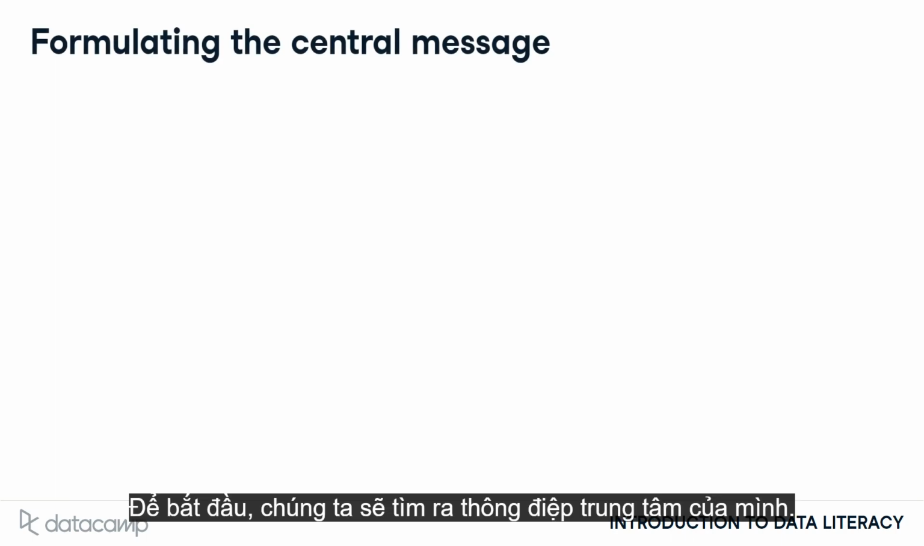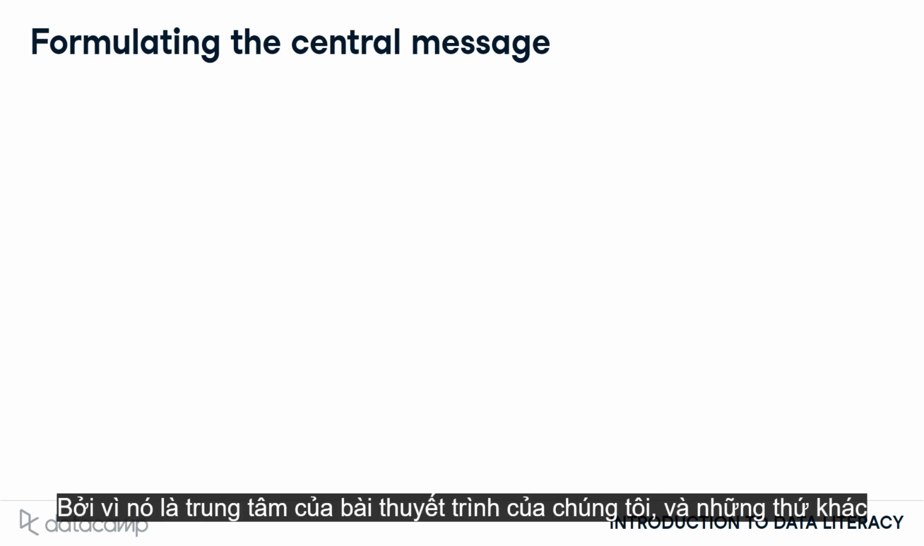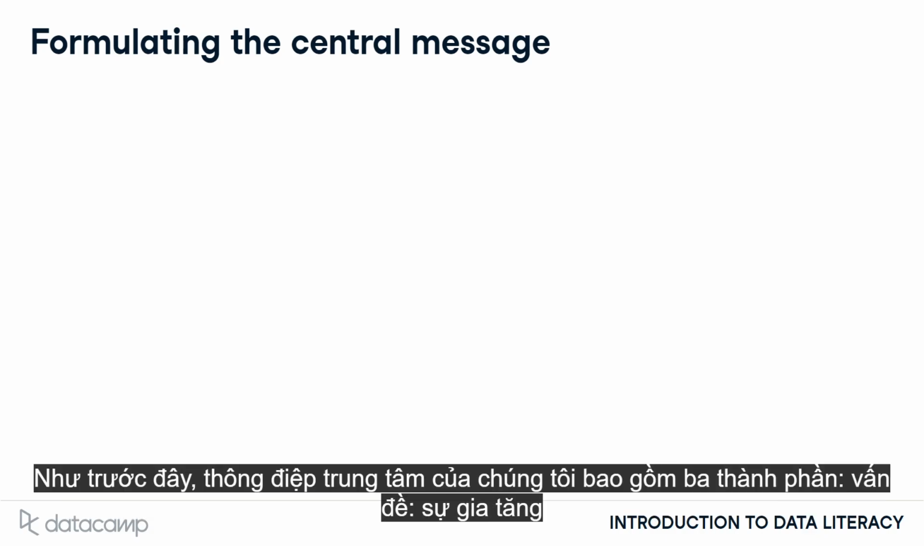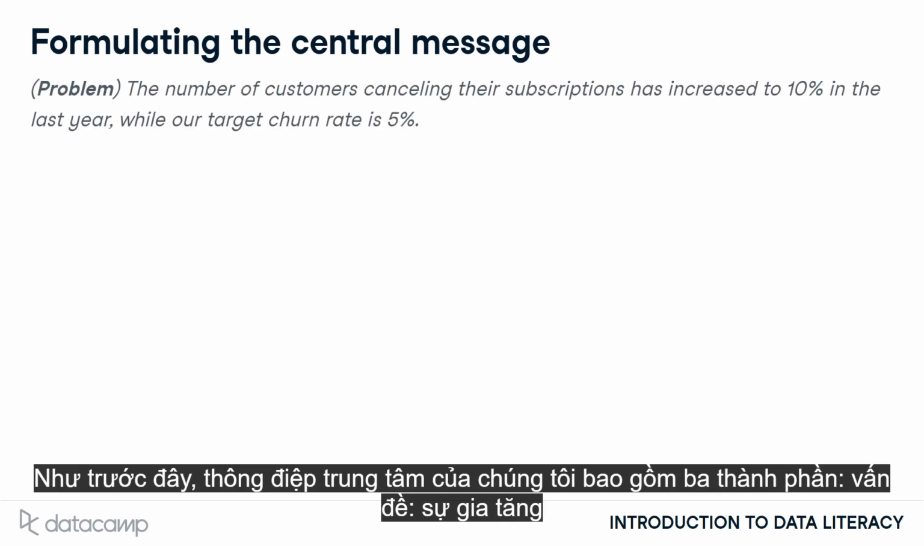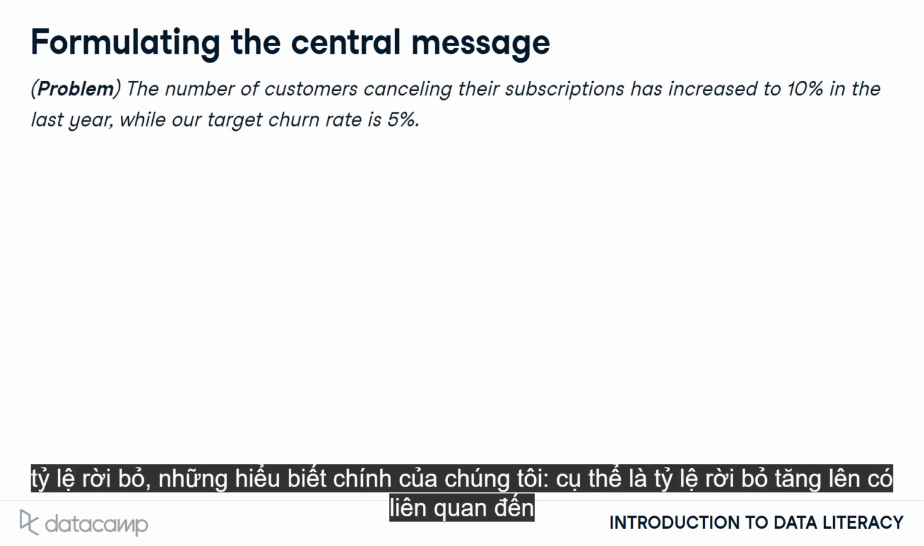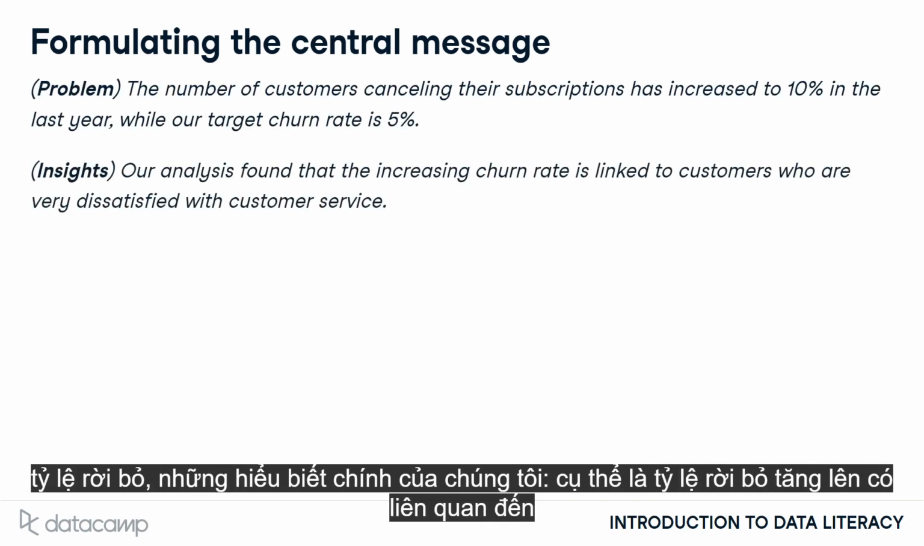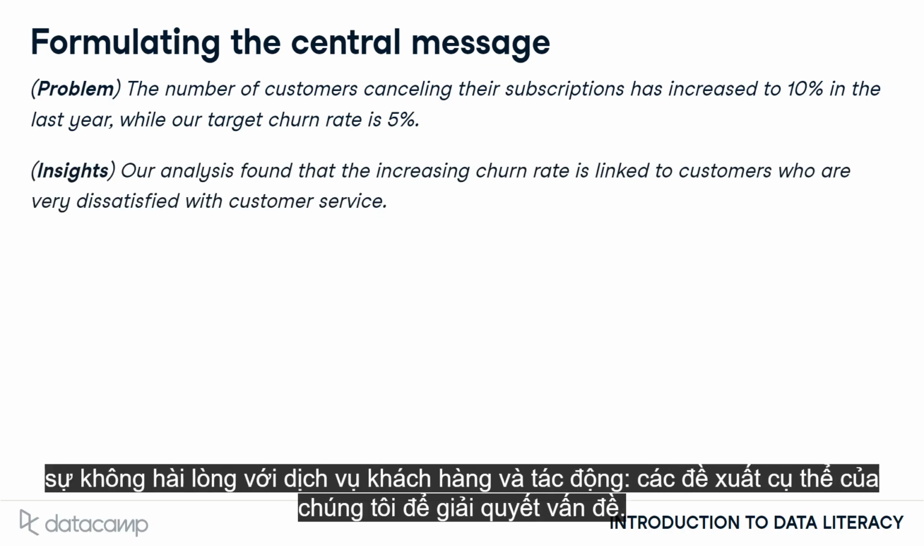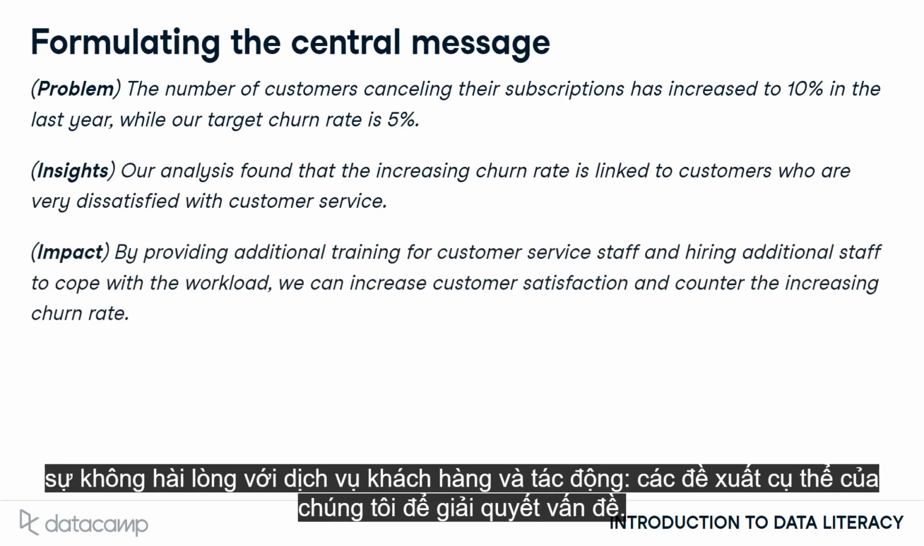To start, we'll work out our central message. Why do we compose the central message first? Because it is the center of our presentation, and the other building blocks, the narrative structure and visualization, depend upon it. As before, our central message consists of three components: the problem, the increasing churn rate, our main insights, namely that the increased churn rate is related to dissatisfaction with customer service, and the impact, our specific recommendations to tackle